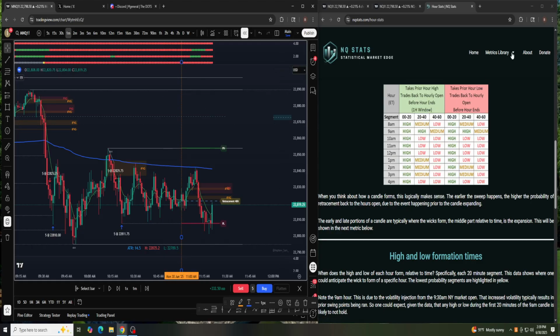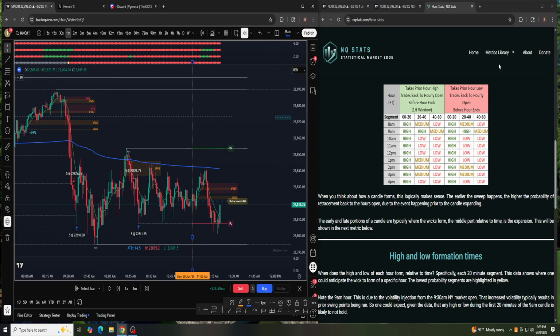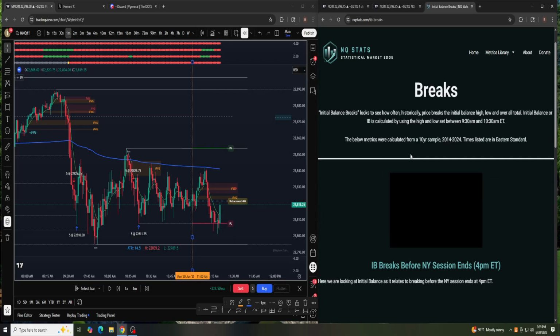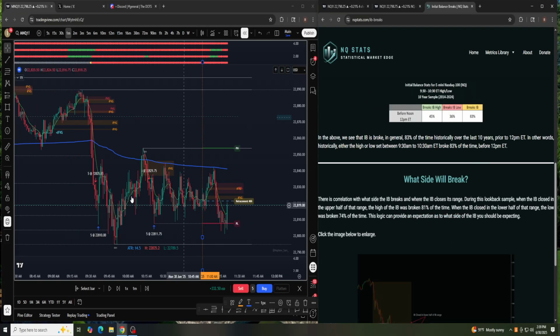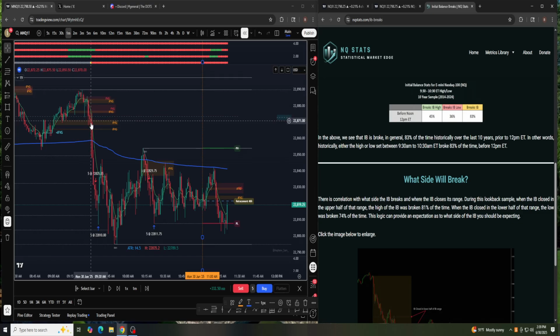And then conversely, so we had all red dots. The initial balance break is another item of the NQ stats that I like to use. You use the opening hour, 9:30 to 10:30. The initial balance stats were suggesting that these highs where my mouse is would get tagged,